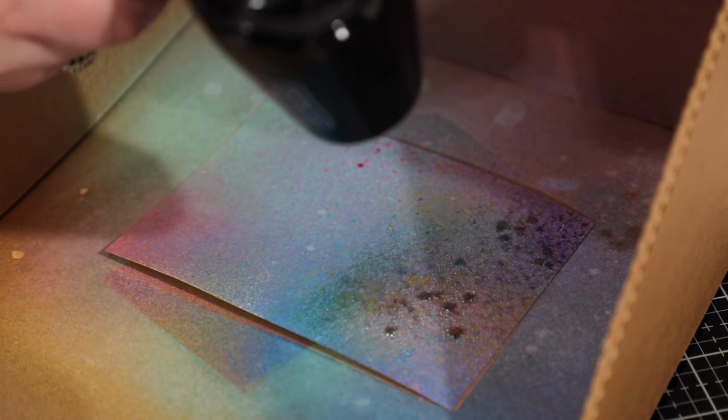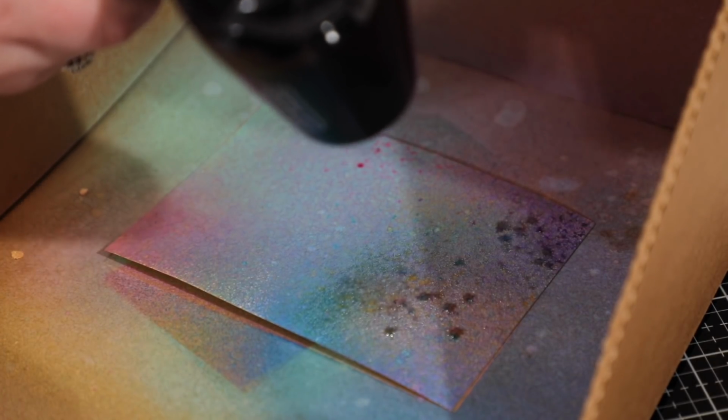See how those colours start to change as we add in this water. And if you don't like what you get, well, you can always add more. So I kind of feel like this colour down here has lost some of its definition, so I could go in. You see how I can suddenly make that orange? Because I can layer up my Distress Oxides. I could also grab some kitchen towel and I can reveal